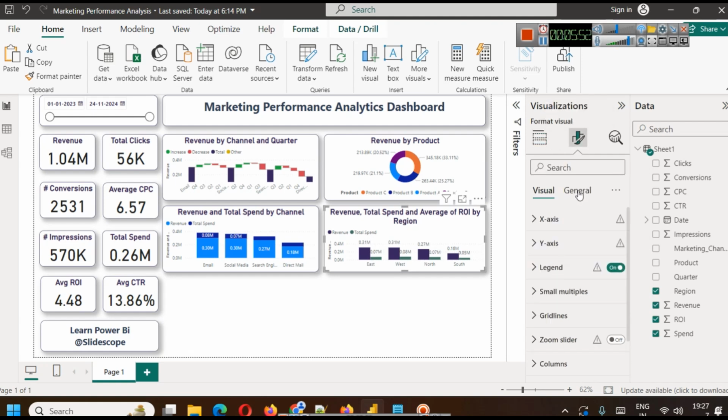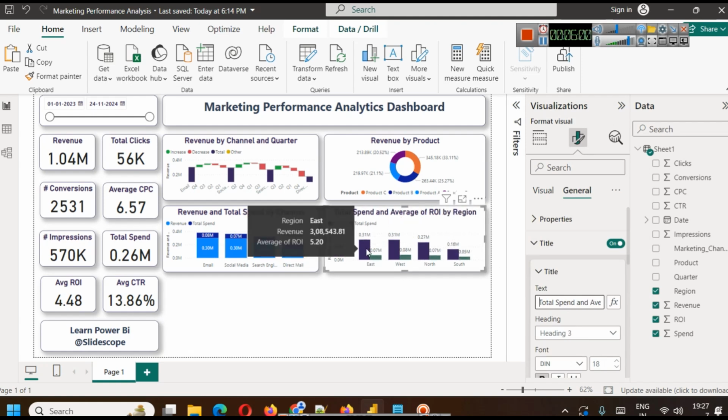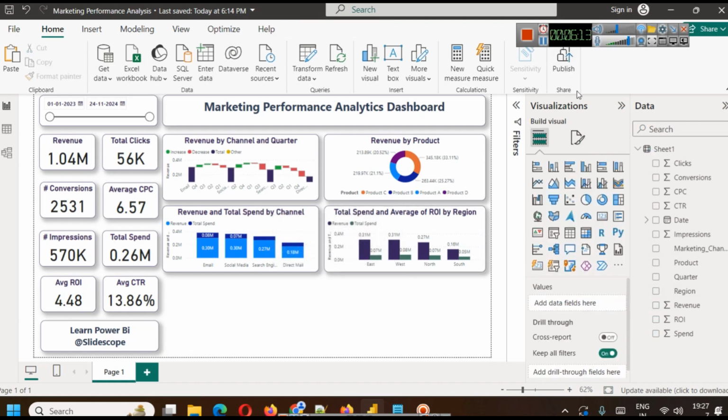We will not use it in title, we will just hide it, because we don't want to show it as of now, but every time someone takes their mouse over, you will see in east region we have revenue of this much, and average return on investment is 5.20. Now every time this is important. If you want to bring more fields, you can bring those fields in your tooltip, and I will simply change this to revenue analysis dashboard, because here we are analyzing the revenue. Okay,